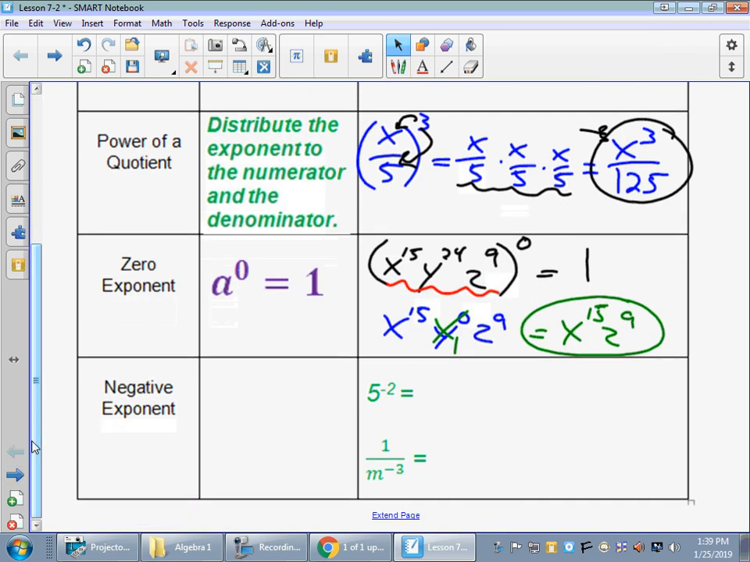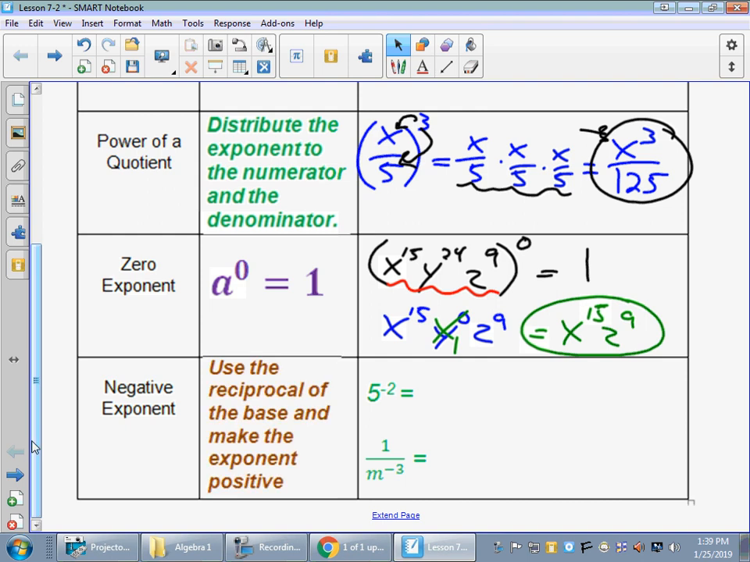And then negative exponent. All right, negative exponent is what we're going to do here, we're just going to give you the shortcut. What we end up doing is we're going to use the reciprocal of the base and then make the exponent positive. Okay, so if we take a look at the example,